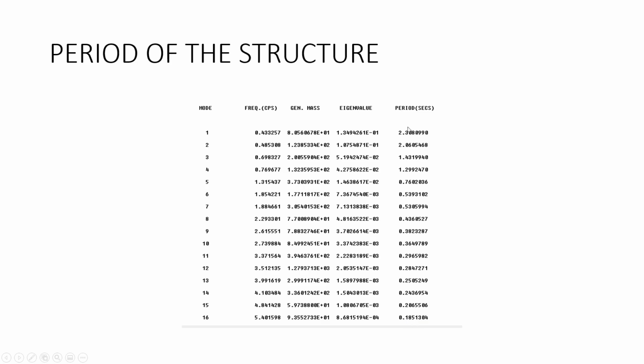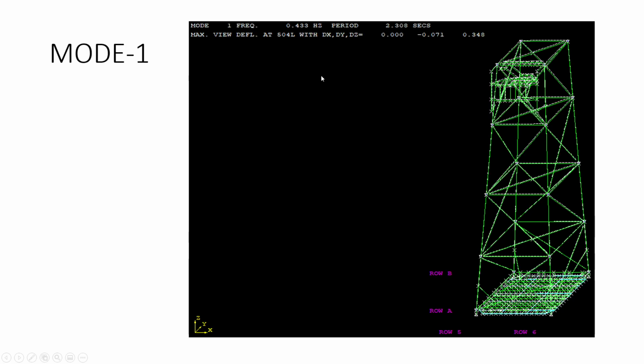First, we are interested only in the first mode, which has the higher period. These two values are what we are interested in. Then this is mode shape one. If you click that, there is a PSTV file. If you go there and click, you can find the mode shape. This is the first mode, with the same period